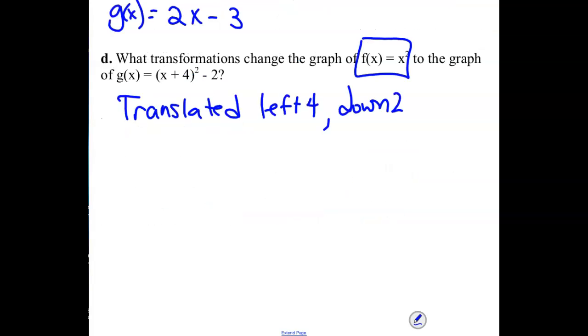I'm going to give you an equation. I want you to tell me what's been done to it. Remember yesterday we talked about the order being really important. Okay? Make sure you're listing the translations or transformations in order from left to right. All right, so